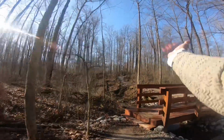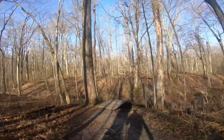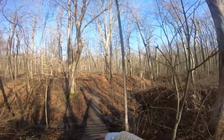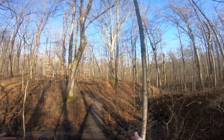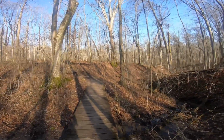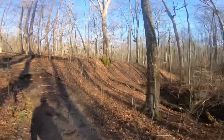We actually have to climb uphill. Oh my god. It's pretty nice. This Eagle Creek does a really good job of maintaining trails, and they put in these nice steps. So these won't be the first steps we run into. We should run into some more later on, but